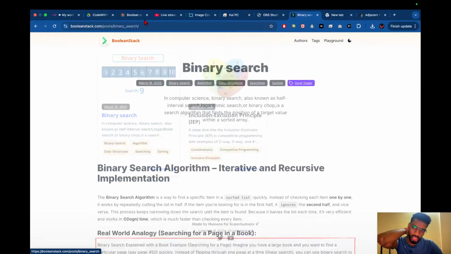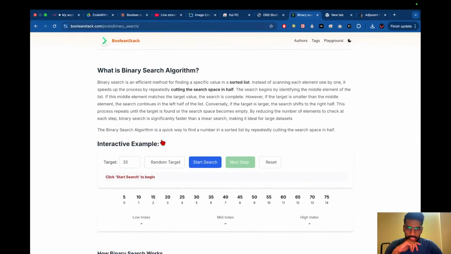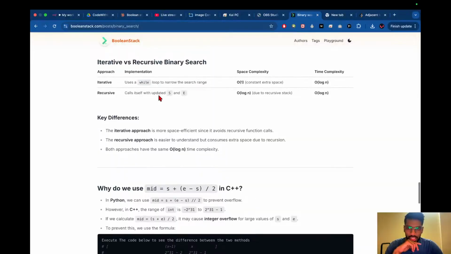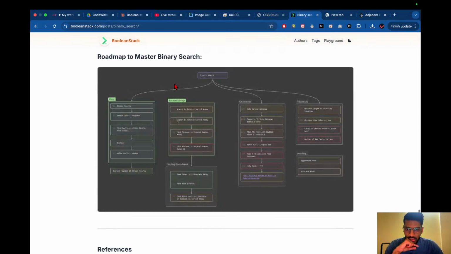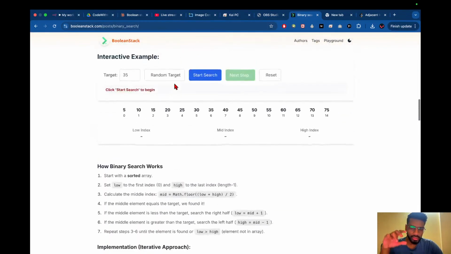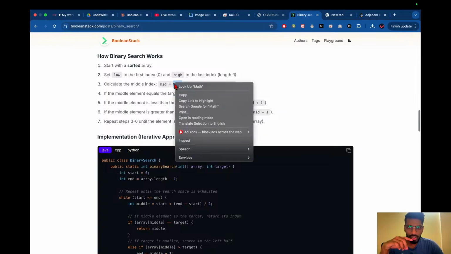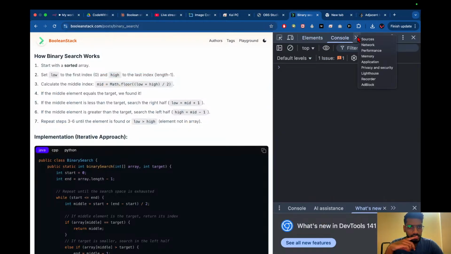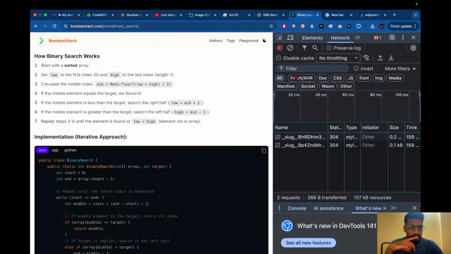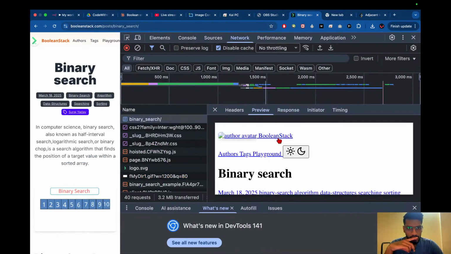One such example is this particular blog I created. This particular section is interactive, and the entire other section is loaded via SSR. So some parts are loaded dynamically on the client side, and some parts are loaded on the server side. Even if you visit the website and check the network tab, you will understand what I'm saying. So let's go to the network tab, disable cache, and reload the website. If you see the response and the preview,